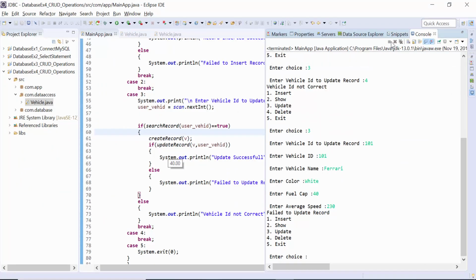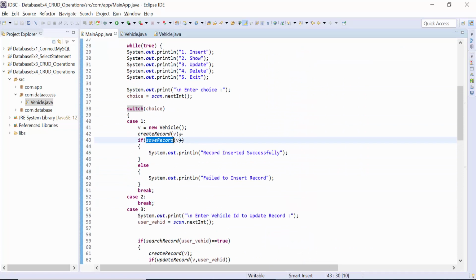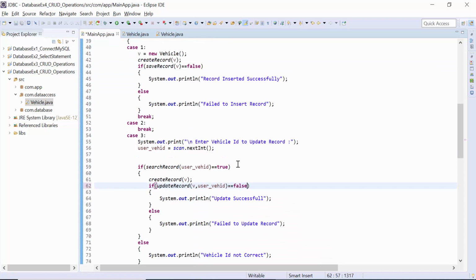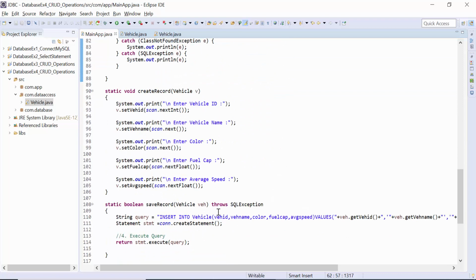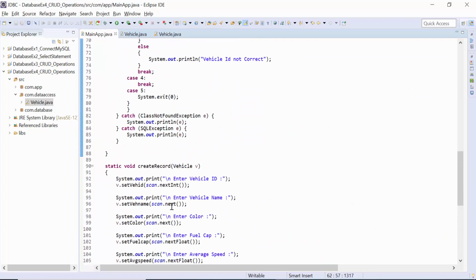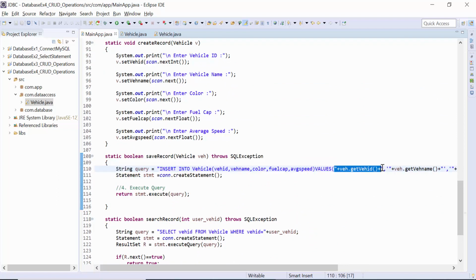Okay, the only change you have to make is, if save record returns false, and even update returns false, then print update successful, otherwise failed to update. So like this you can continue with many programs, but maybe the headache part is the concatenation of variables, right? Because these are columns, and they are not 2 or 3, they are a total of 5 columns.